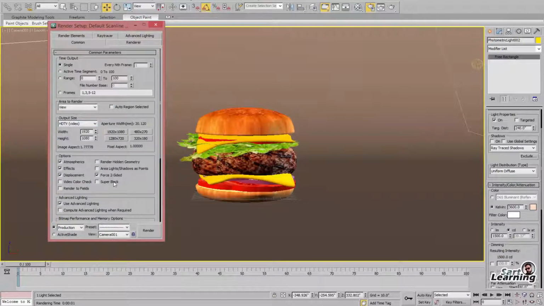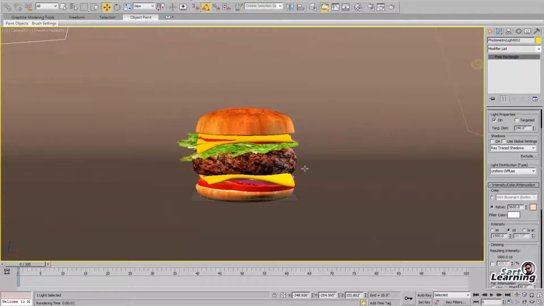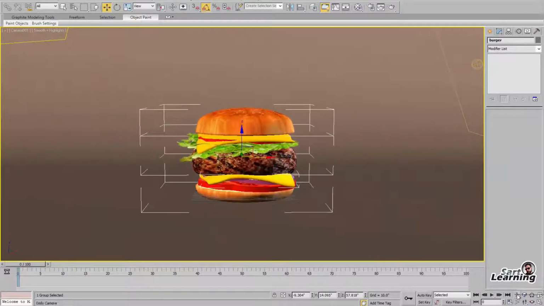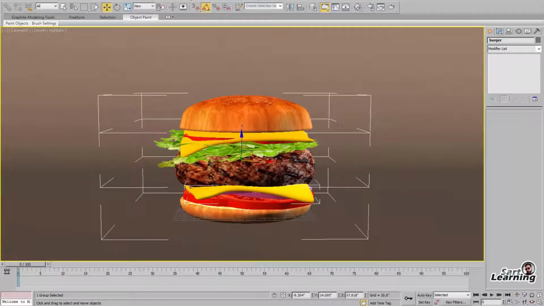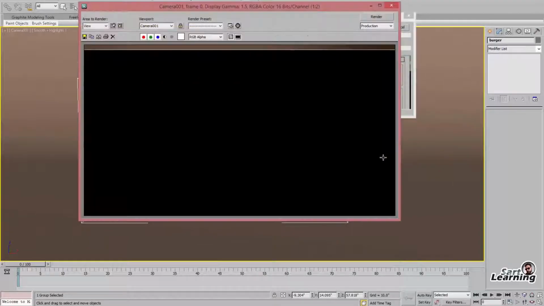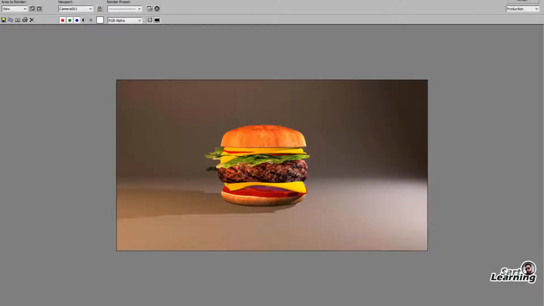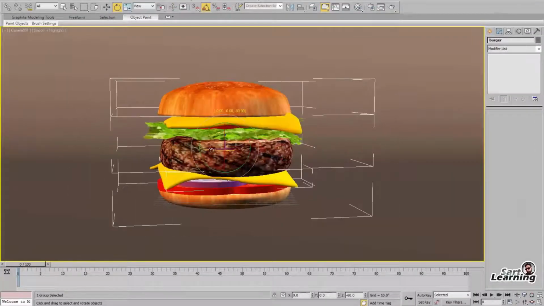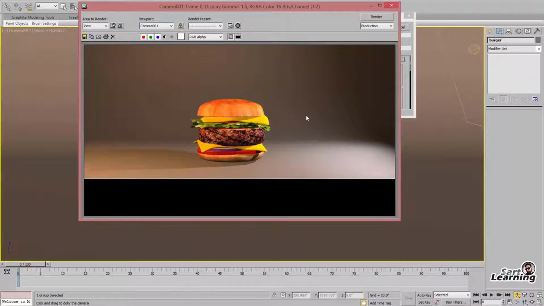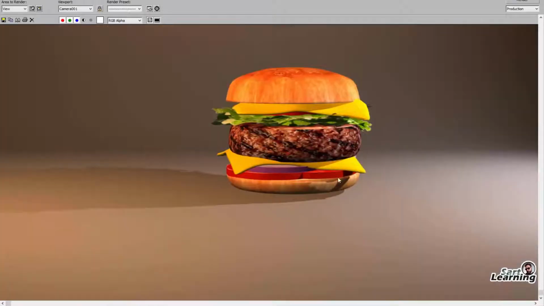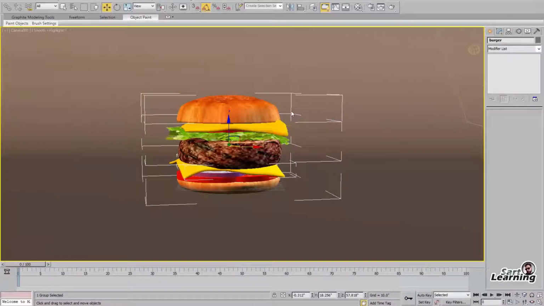Now next thing, I am going to render in full HD. Now place the camera with the press of Ctrl C, zoom your scene and place the burger in the center. Now your burger is almost ready. You can give any type of animation for this burger, if you want to give 360 degree or whatever you want, and you can apply different types of things in the burger with this same technique.